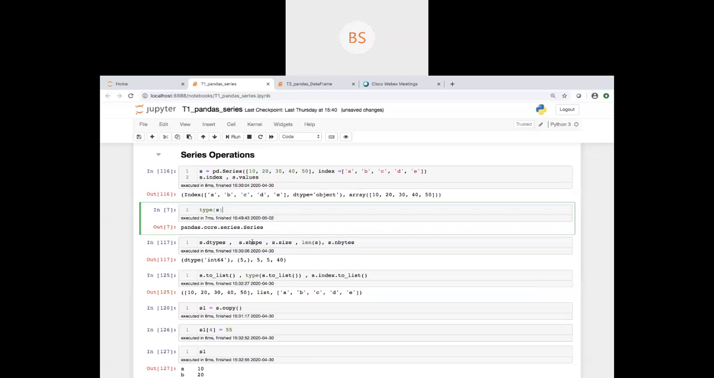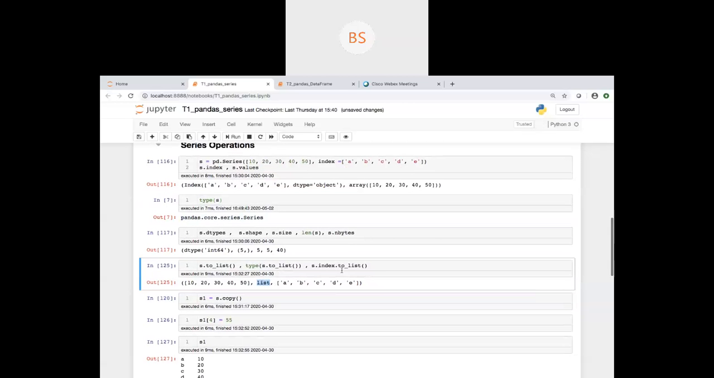Sometimes you have to create a list of it, so you have to change its data type by calling the function s.tolist. When you do s.tolist, it will create a list, and when you check the type of s.tolist, its type is list. Now its type is not pandas core series. Its type is list because I have converted it to a list. Let's say I want to convert...